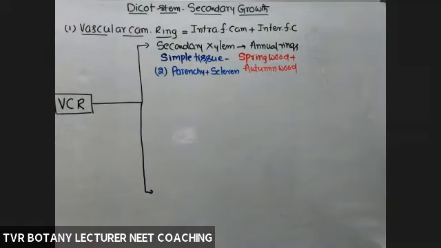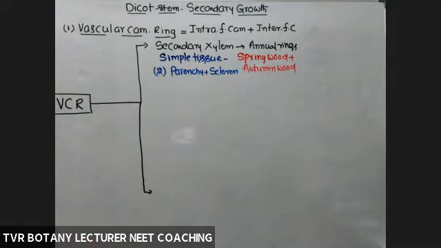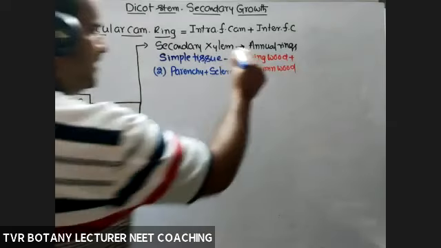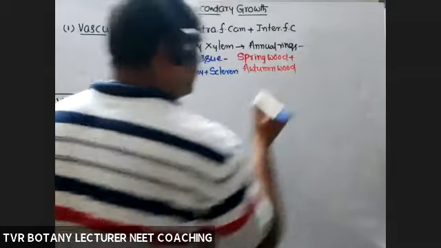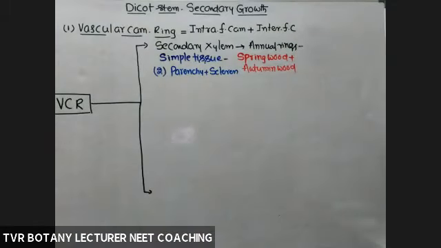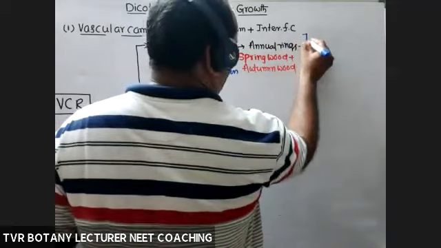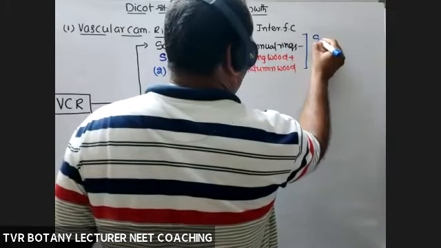Next, the density of the annual ring, or that may be sapwood or heartwood, whatever it is, depends on the quantity of lignin. If lignin is excessively deposited, definitely the density, the thickness, and the weight of that one is more. Okay, so annual rings are present in both sapwood and heartwood. So that leads to what? Formation of sapwood